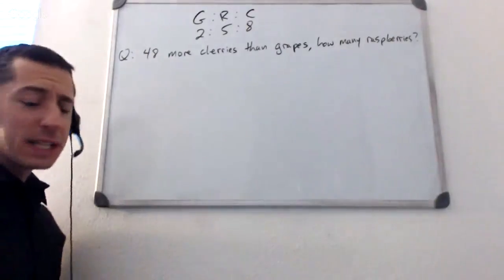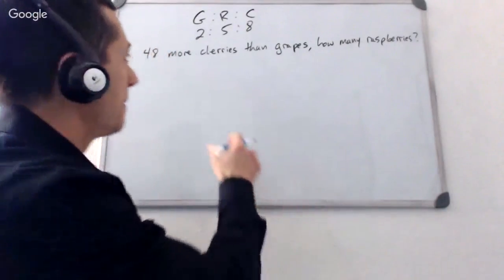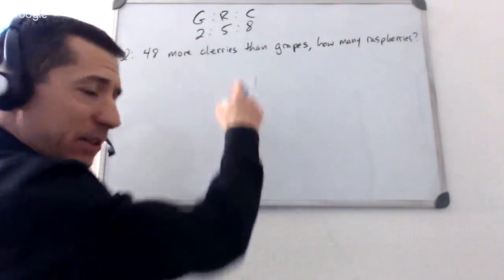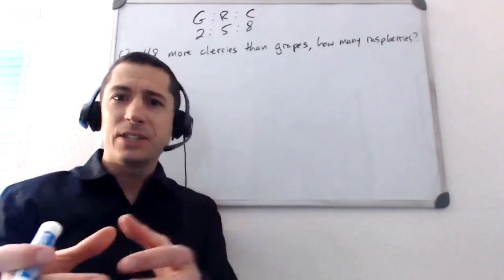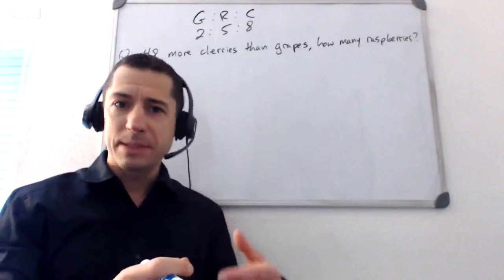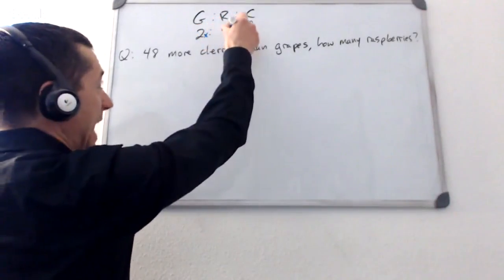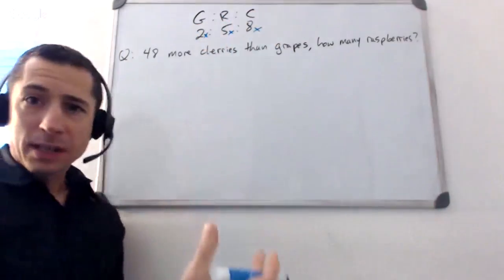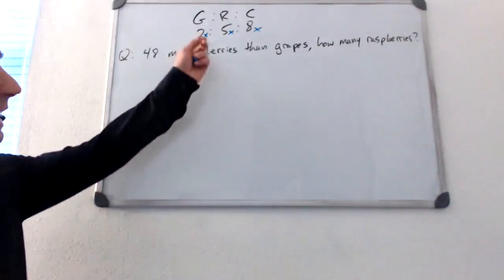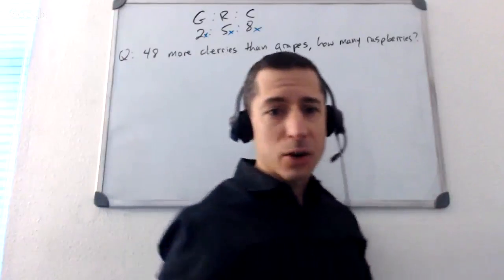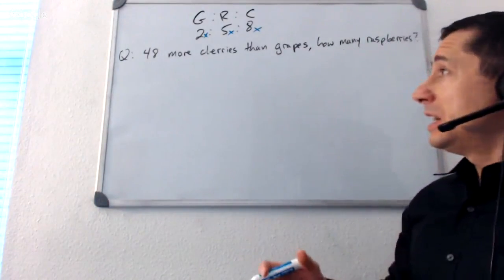What is a ratio really? In a sense, I just illustrated it by doing it the slow way. There's one variable here. It's almost like you have all these little mini packages of salad, and every one has 2 grapes and 5 raspberries and 8 cherries. Only question is, how many of those do you have? You scale them all up together, right? X is some positive integer here. So great. Once you get that idea of that X, that multiplier, you're multiplying everything in the ratio by some constant, some positive integer, then it's not so bad.